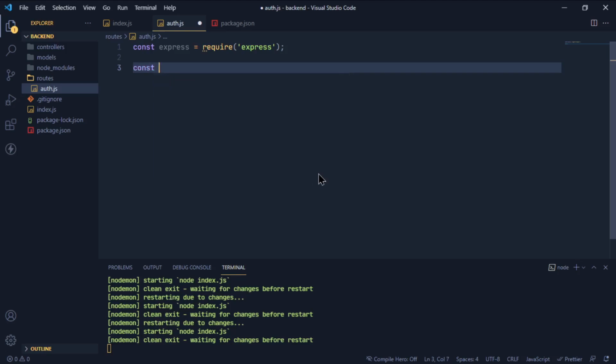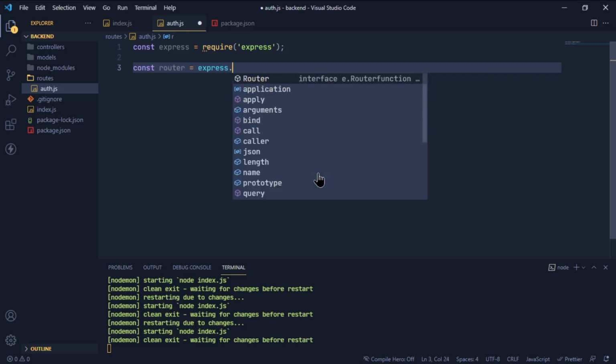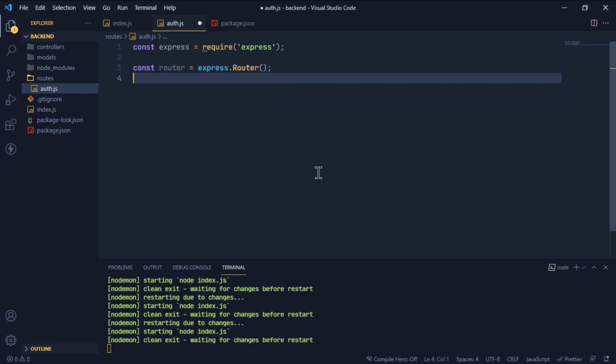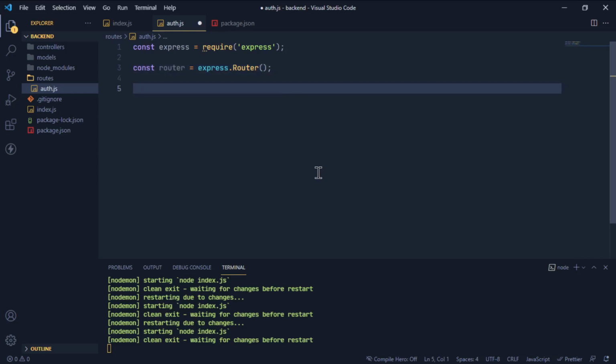Const router equal to express dot router. You can see, right? I did get router. That's how it should be. Now we are done with the express and we are done with the router as well. Along with this specific router, I'm going to register all the required routes. So let's have